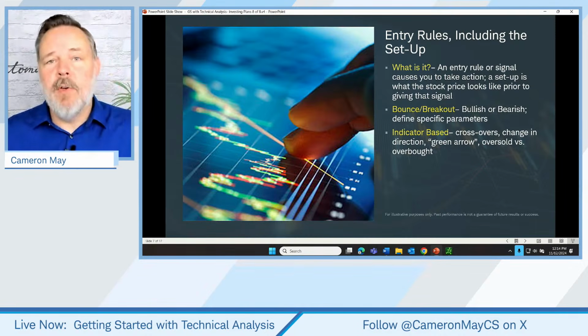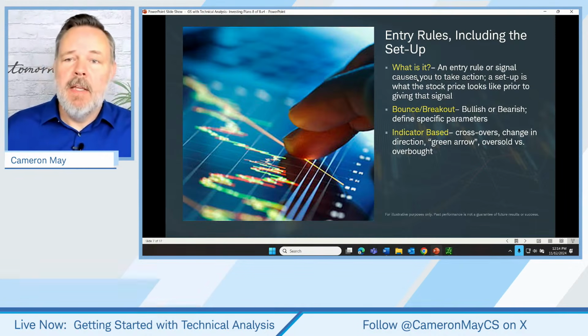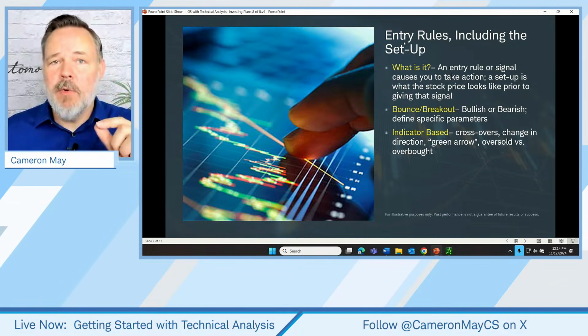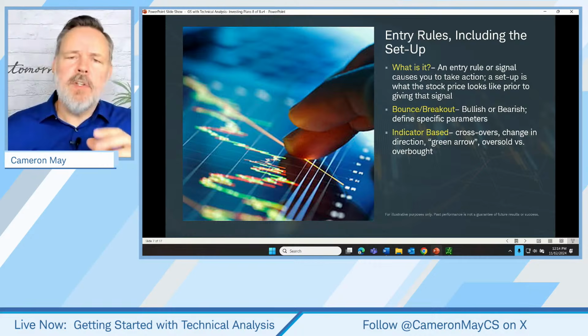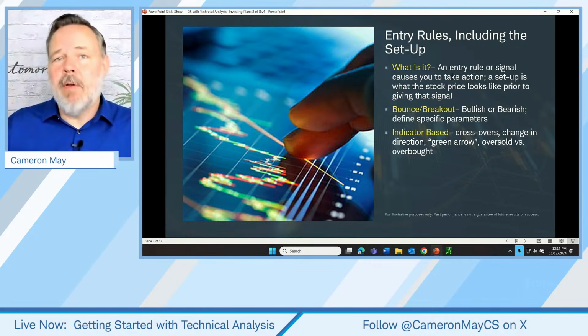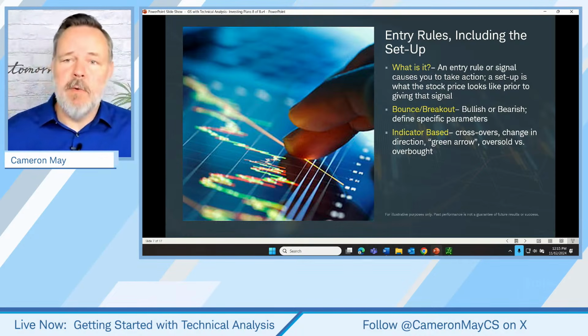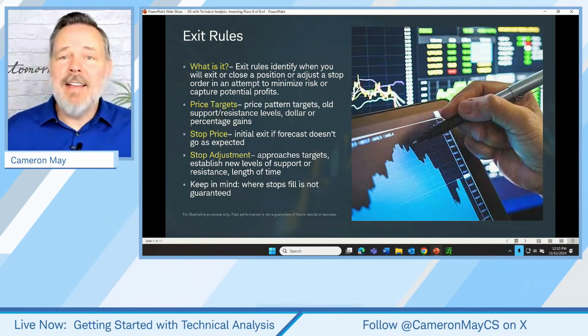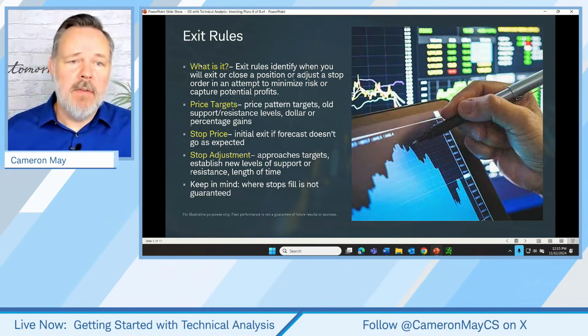On Thinkorswim, also on Schwab.com. So we'll give you some example, more precise entry rules in just a moment, but these are just sort of an outline of typical characteristics of entry rules. So when might a trader exit once they have an entry? So what is an exit?